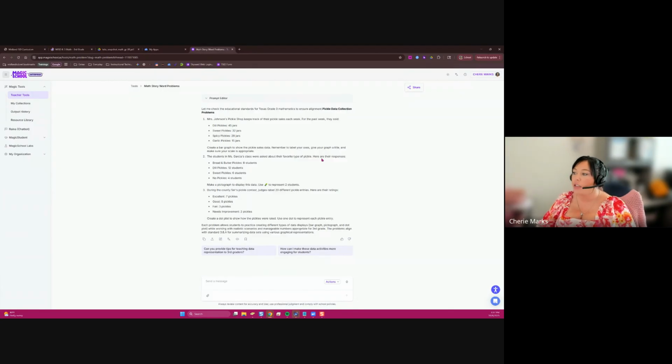Any questions about the math story word problems? They are super easy to use. And again, I just grabbed the TEK and I copied and pasted it. Okay. So the next tool that I'm going to use,